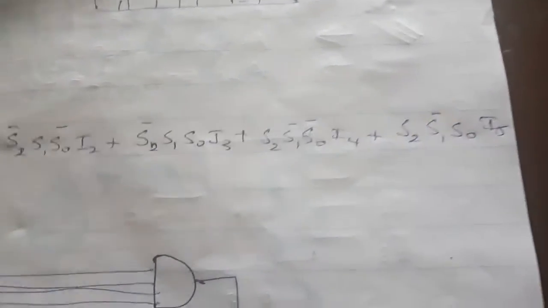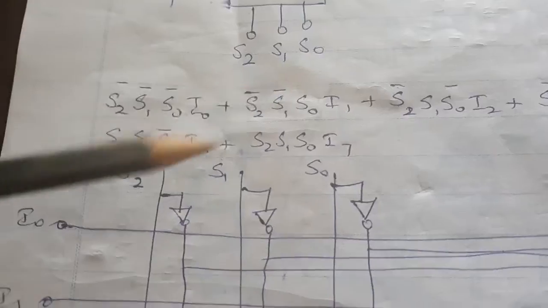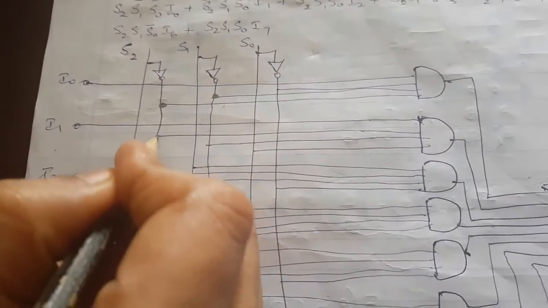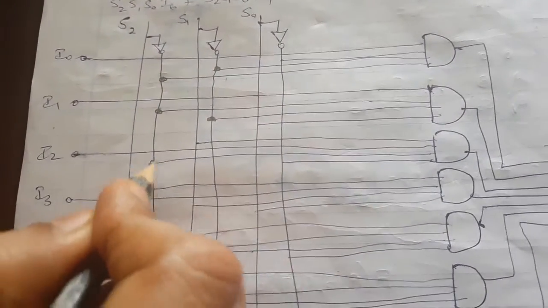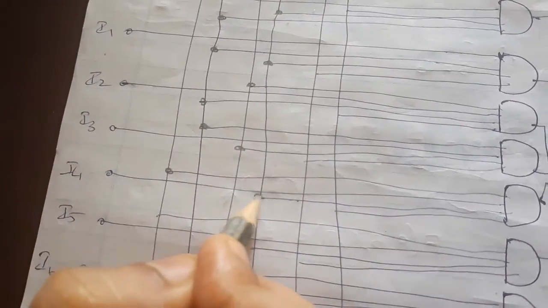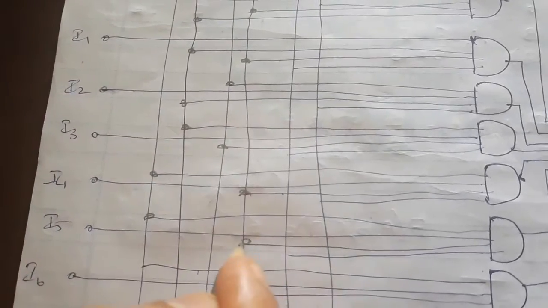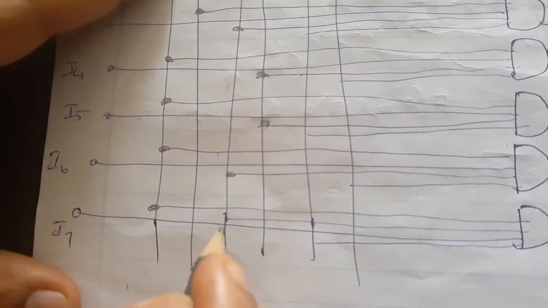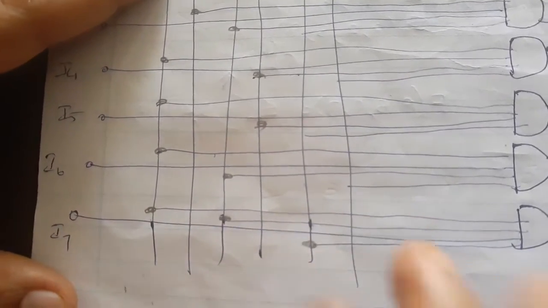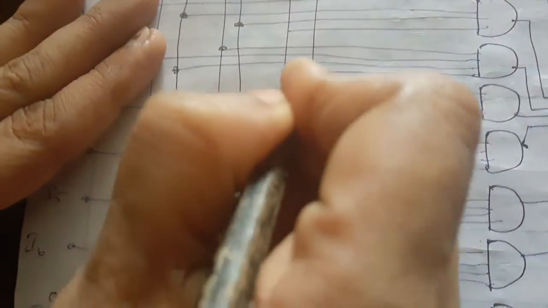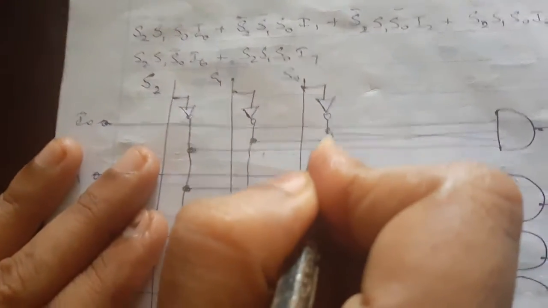100, 101, 110, 111. Similarly, draw the equations. Wherever you have a dotted mark, it means that you are tapping the information from that particular point. Other places there is no information tapped, so you can identify the equation which has been represented, and accordingly the circuit diagram can be drawn for the circuit. This is how we represent the information. So the dotted line represents the circuit diagram is tapped.